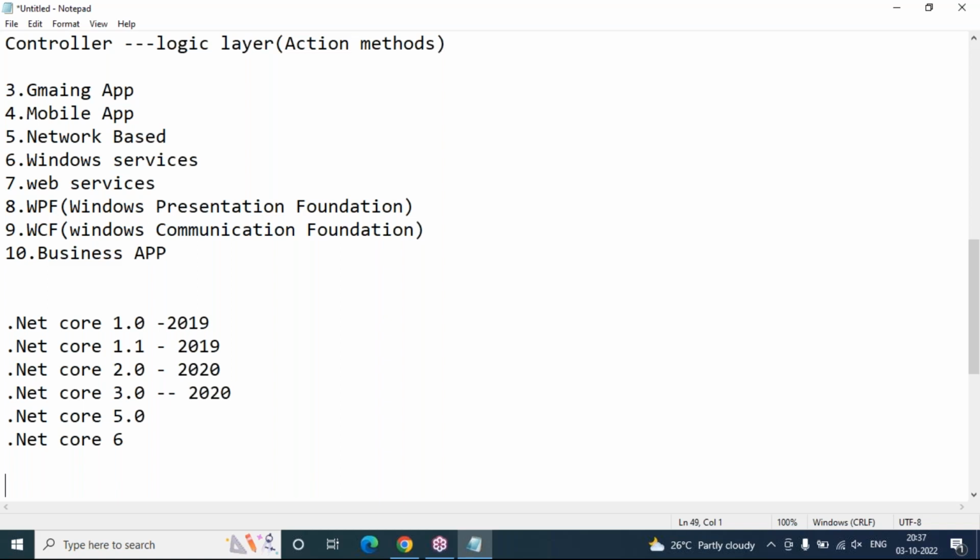But actually 5.0, don't use. 5.0 is ended, and 3.0 also ended. We'll try to use 6.0 in maximum cases, but we'll focus on 3.1. That is completely useful. Companies still use .NET Core 3.1, and if possible I'll cover some examples with .NET 6 also, because it's the latest update officially from Microsoft.